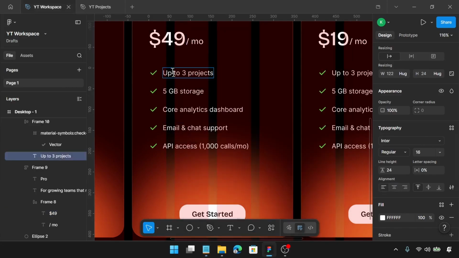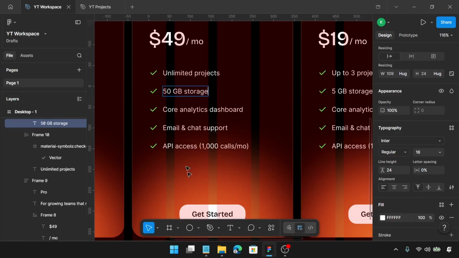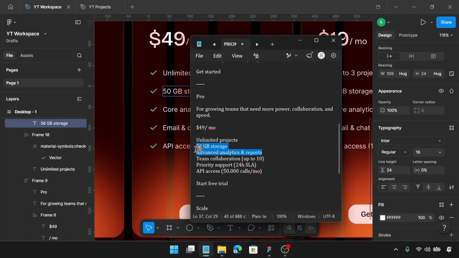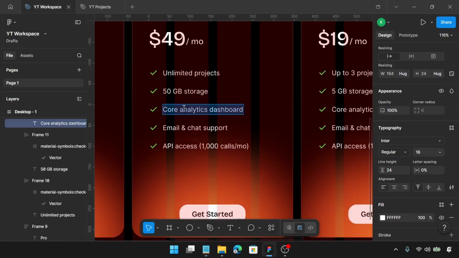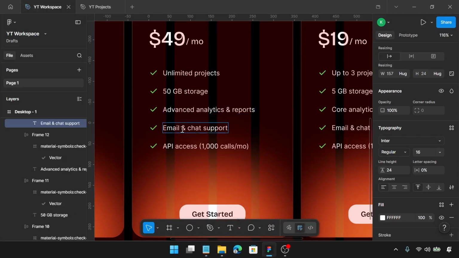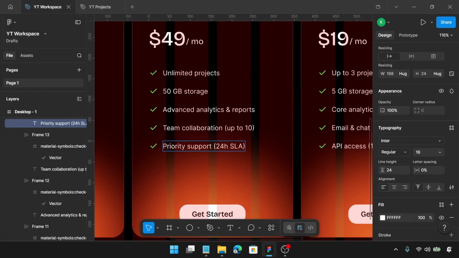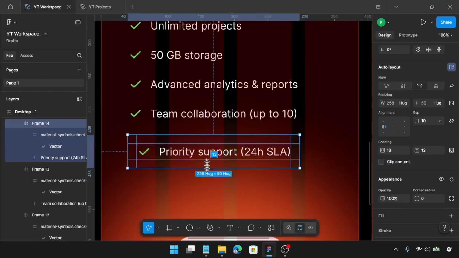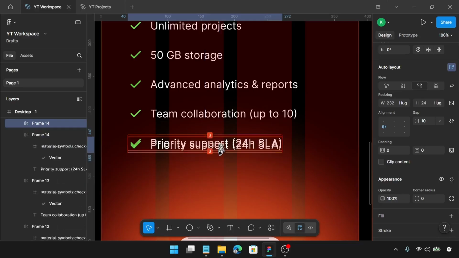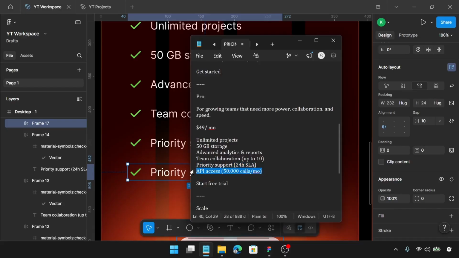I'm going to copy the first one, paste, copy the second one, and then I'm going to paste. I'm going to copy this, paste, move on to the fourth one, select everything, paste, and we're going to need one more of this frame. I'm just going to create another one. Hold Alt and Shift, create another copy of this, and then I'm just going to grab the content for